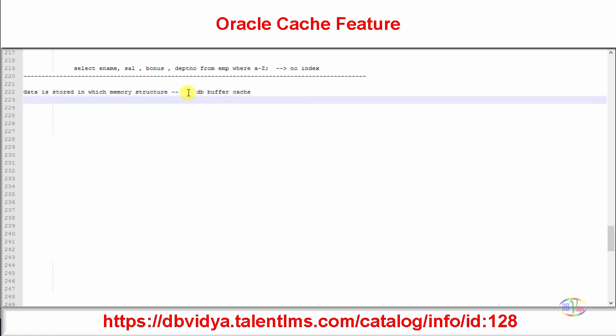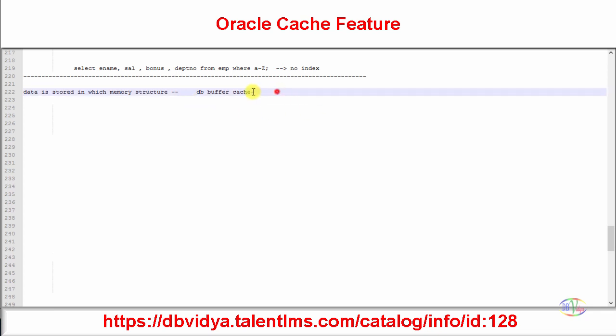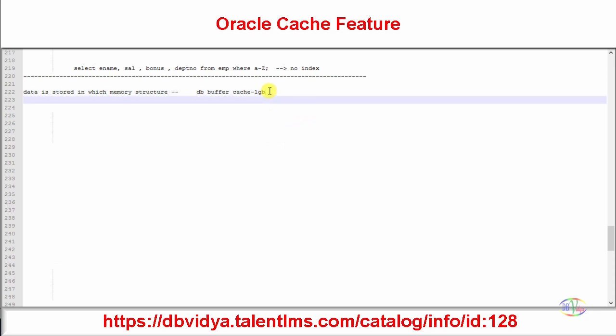So just for discussion's sake, assume that the DB buffer cache size is, say, 1 GB. And I am accessing some 20 GB table. You are selecting a 20 GB table. Now tell me what will happen, how it will manage with this 1 GB DB buffer cache. If it is filled, it will flush the data. Yes, I am waiting for that word, flush. It will flush the data and bring a new set of data, right?